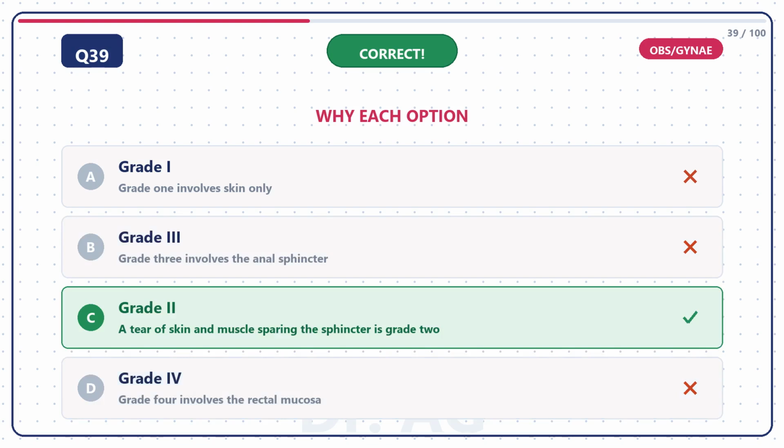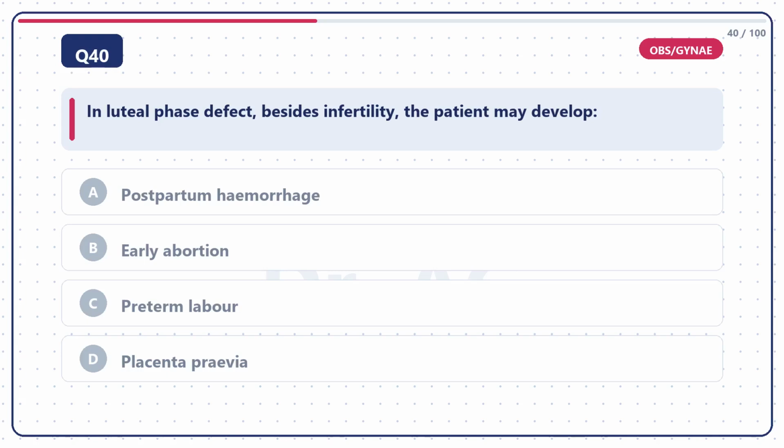A tear of skin and muscle sparing the sphincter is grade 2. So, the right answer is option C, grade 2. Question 40. In luteal phase defect, besides infertility, the patient may develop option A,